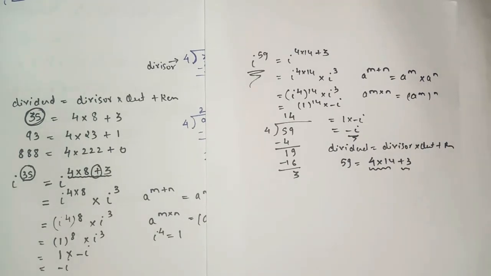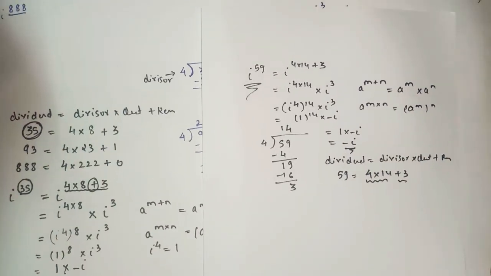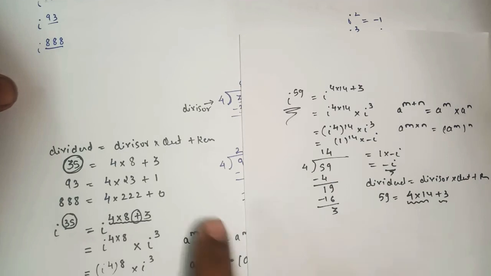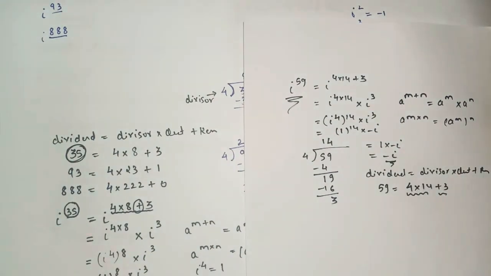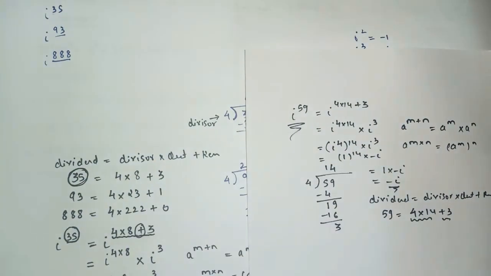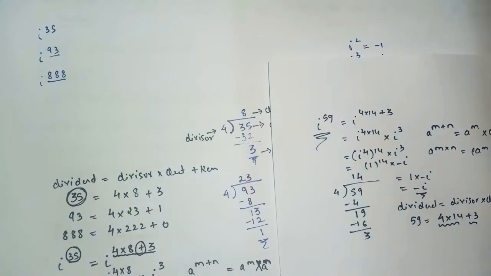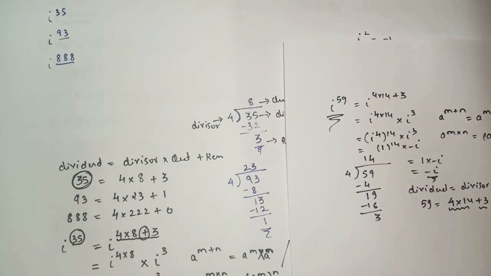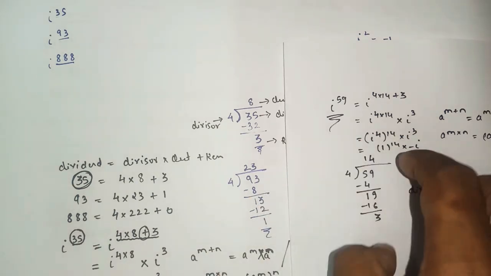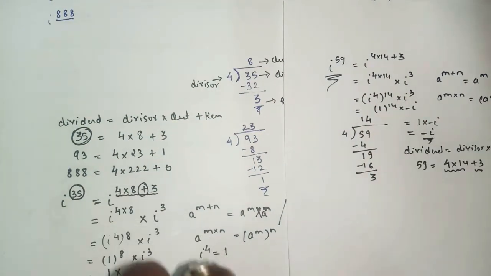So this is the trick method in which you can find your answer. I am not saying this is the only method from which you can find your answer. There are lots of methods. Whenever I explain any sum, I always use the word for a particular sum. There are many methods; it all depends on your teacher how he or she will explain the concept. But I feel that whenever the power is more than 20, 30, 40, this is the simplest method in which we can find our answer, and because of that I have explained this part.